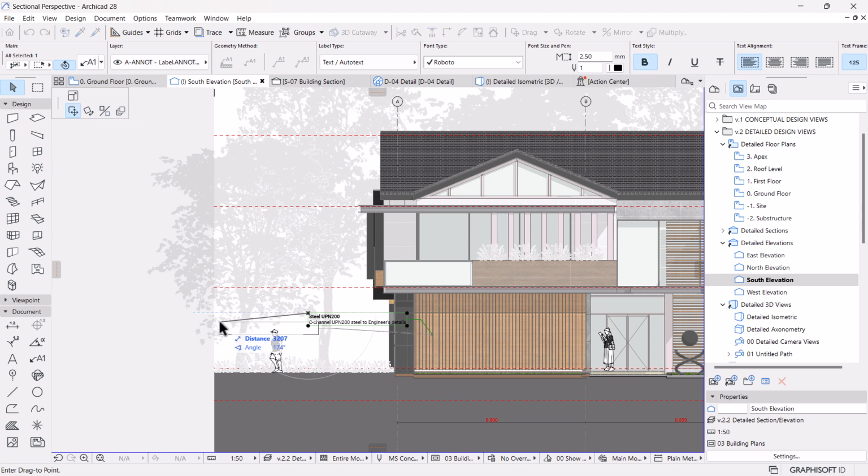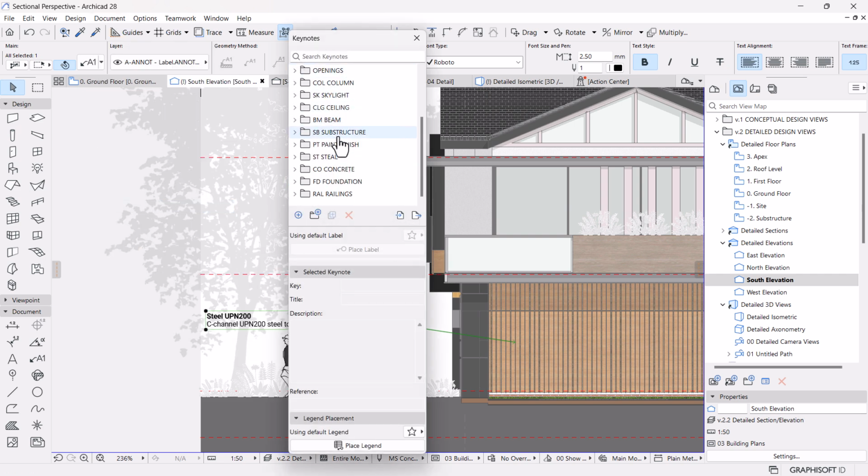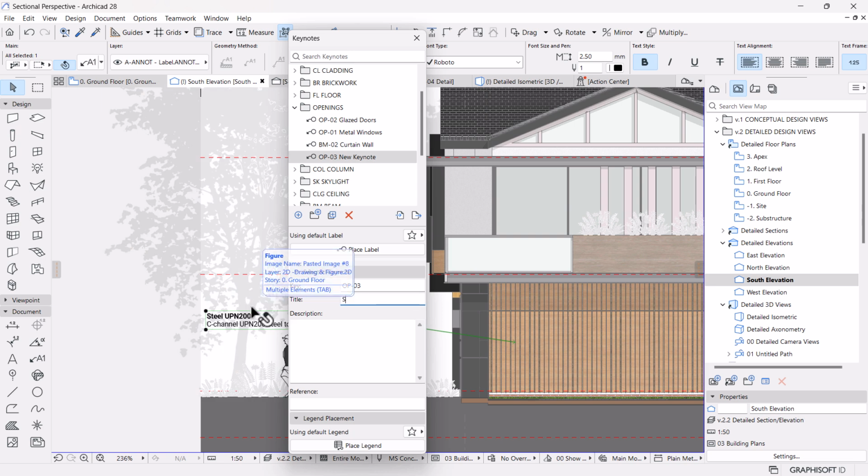Let's mirror it that way, and I'll have to decide with the positioning of the labels. So let's go to document, keynotes, and create a keynote for this garage because we don't have it here. So I'm going to go to the section of openings, then go down here and insert a new keynote. So I'm going to follow the same code arrangement or code system. So it's going to be OP3, right? Then will be slated